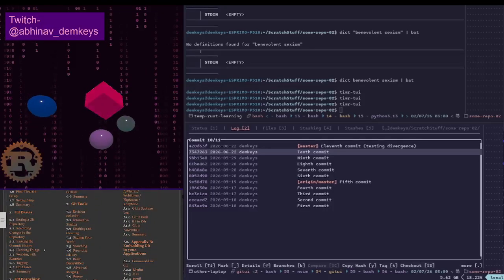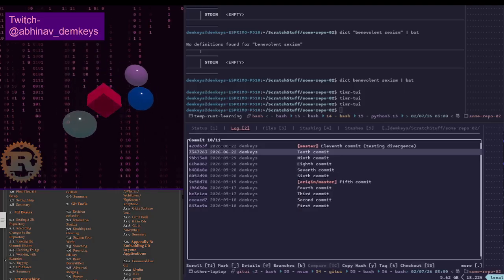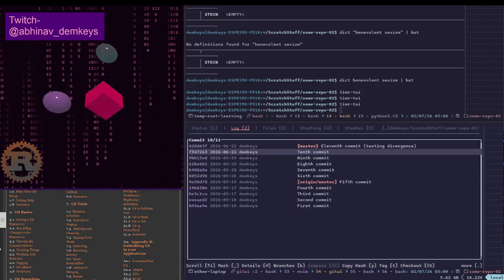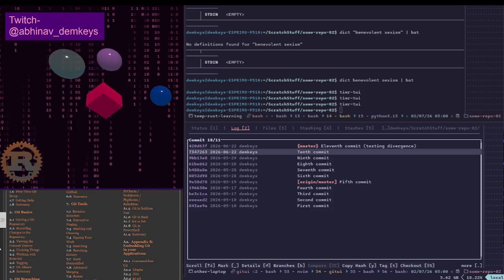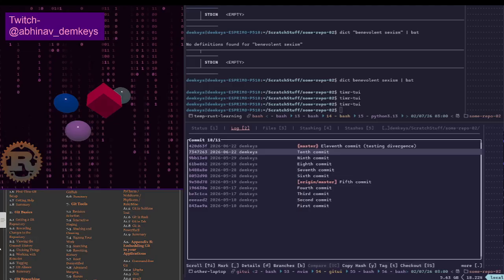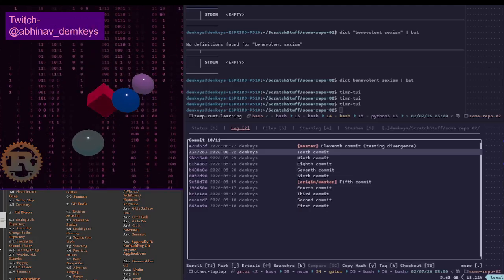Tags is something that I have just not spent a whole lot of time with. I'm pretty sure it's a very simple yet very useful concept. It's just that I haven't explored it a whole lot, and I kind of need this concept because I want to be able to attach tags, specifically version tags.